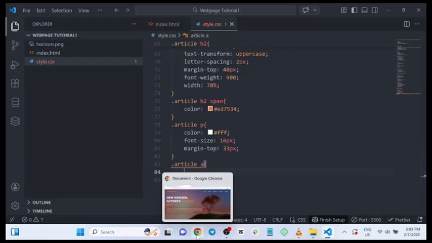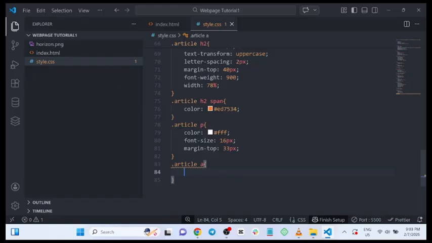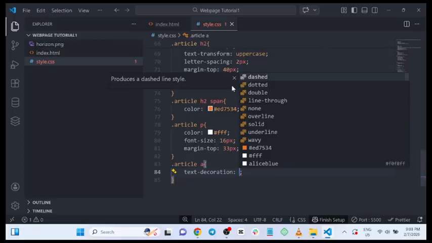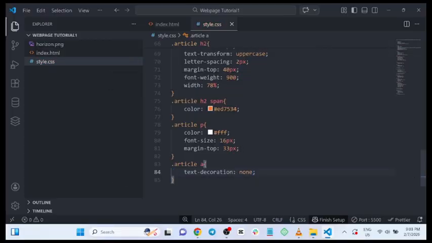So it's an A tag. The very first thing is to remove the underline it carries and the blue and all that. So first thing is text decoration of none. Okay, remove it. Then of course too, we're going to give it